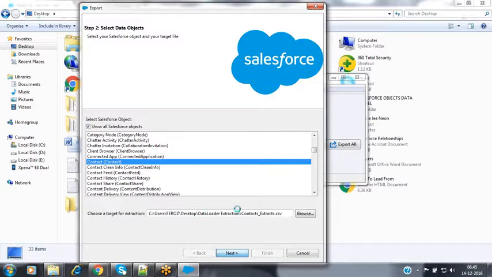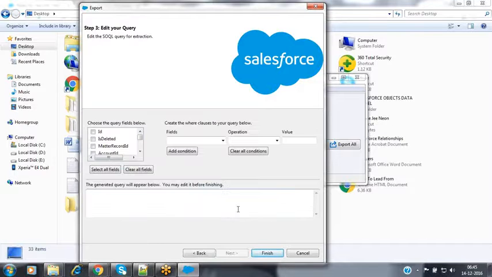As soon as you click on the next button, it is populating all the fields available inside that object. Now select what fields information you would like to extract. All the fields or only a few fields, it is up to you. And while extracting the data, if you want to add any conditions, nothing but filters, like I want only those contact records which have the title equal to manager, or only those contact records which have the mailing city equal to Hyderabad, or only those contact records which are associated with some accounts.